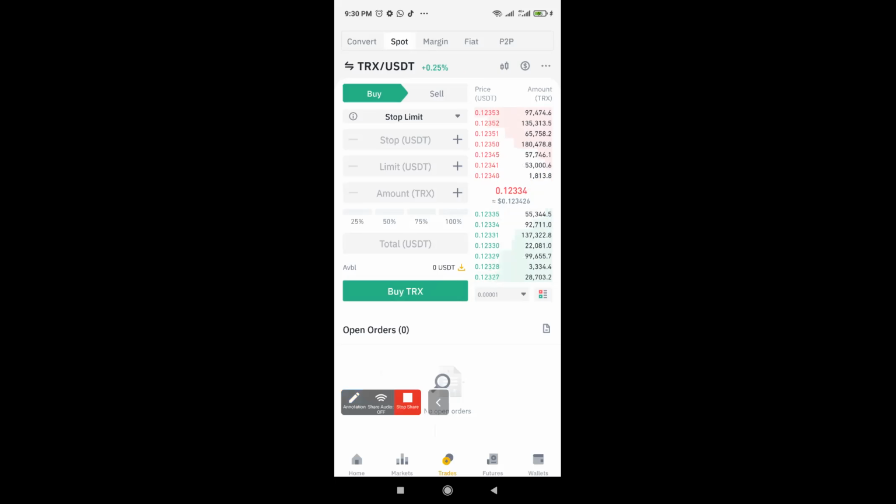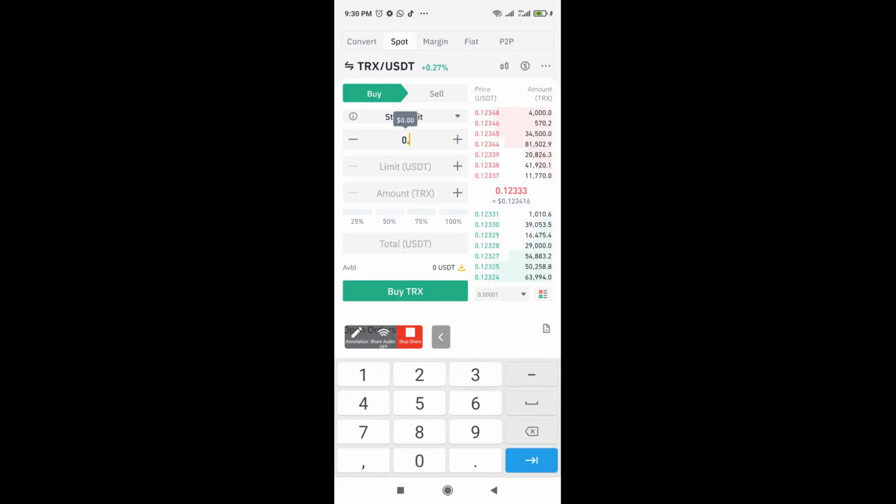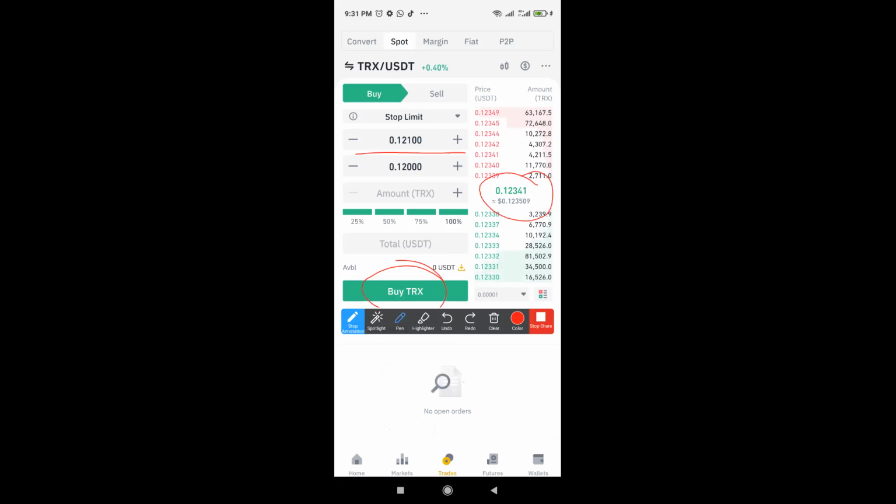Say, please, when Tron reaches 0.12100, start watching out for me and buy Tron for me at 0.12000. Okay? I hope we understand this. Once you set those two prices, you click on whether you want to use 25%, 50%, 75%, or 100% of your wallet to buy Tron, and then you hit your buy TRX.